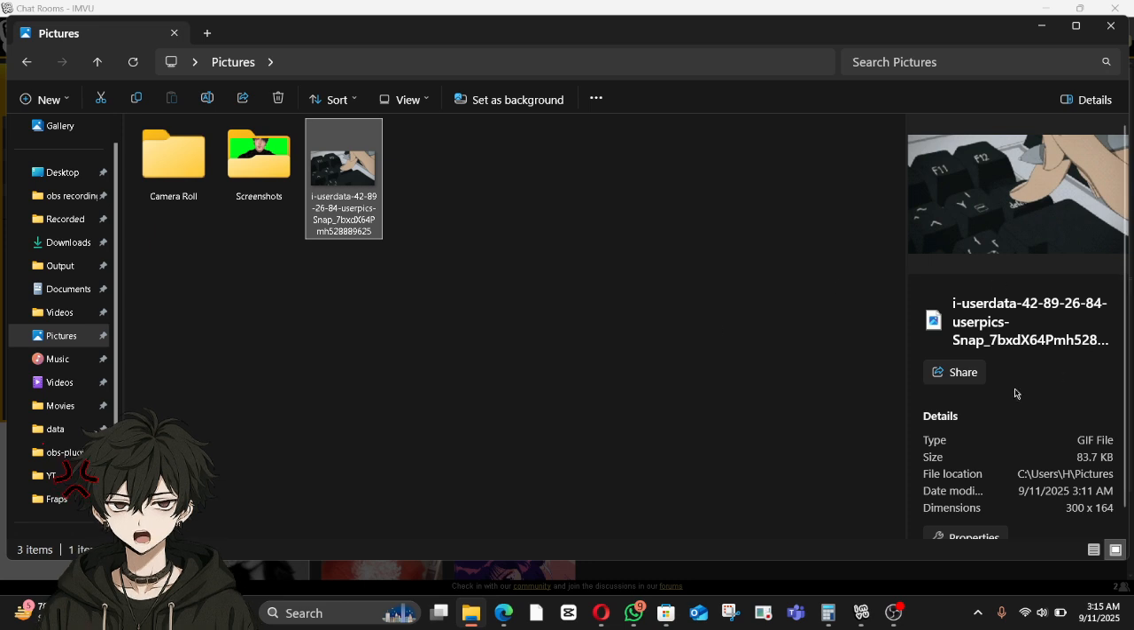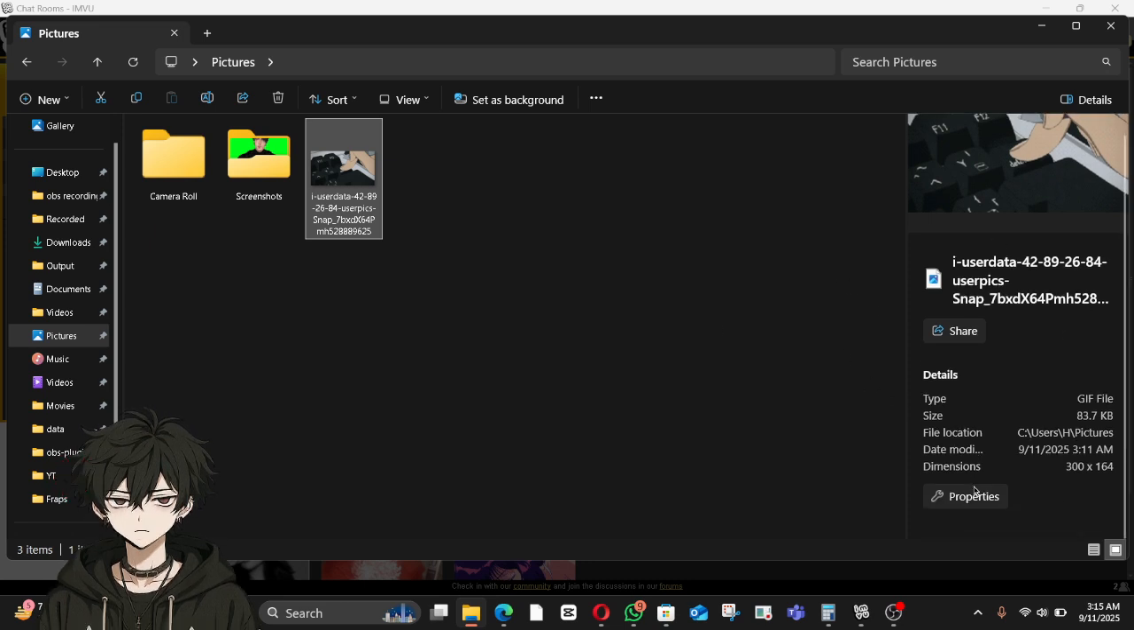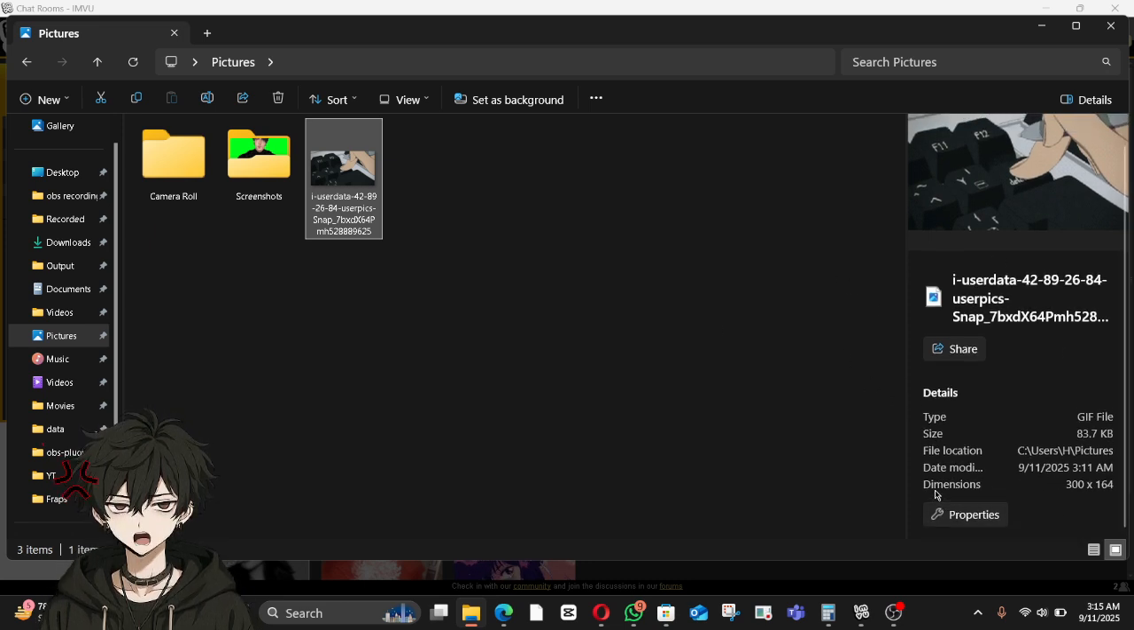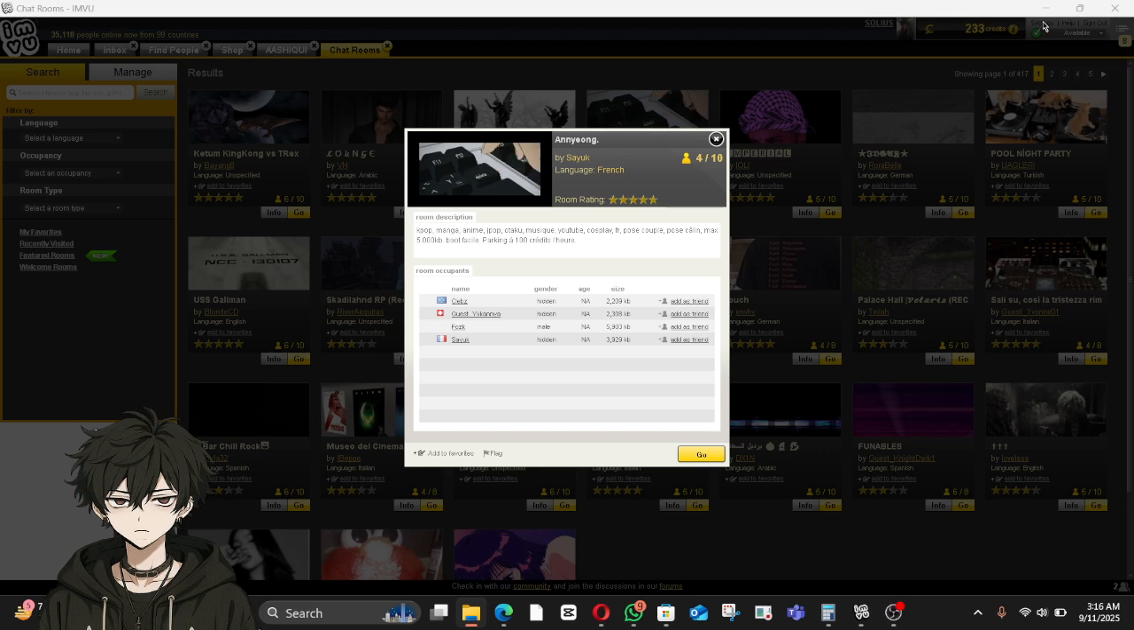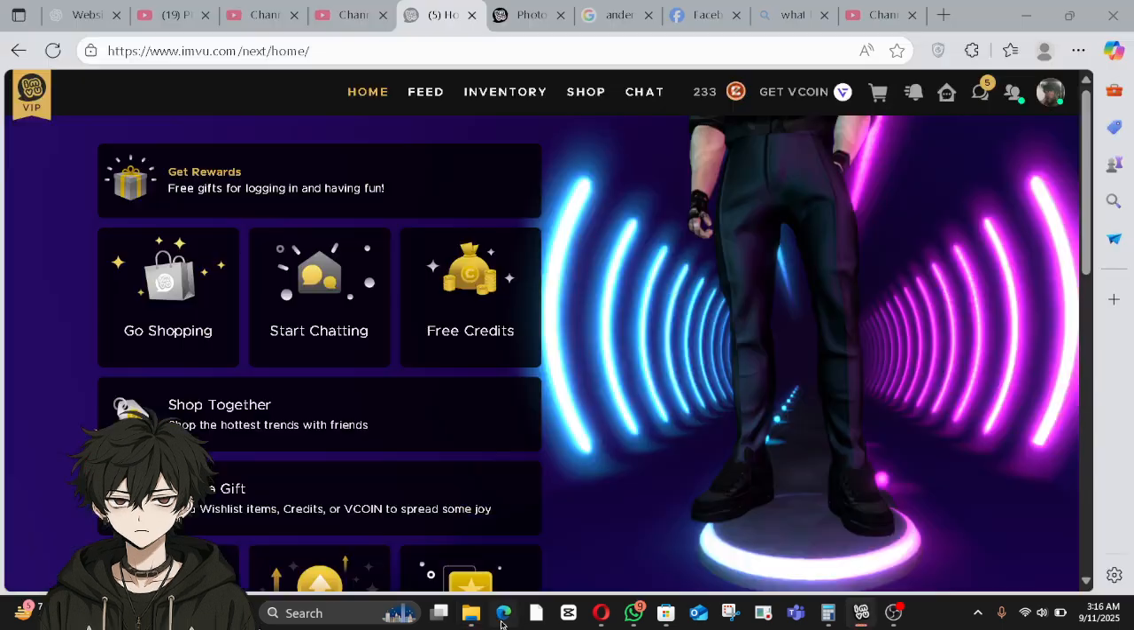So after dragging and dropping, you can see here the dimension of this GIF image is 300 by 164. You can also create a custom GIF image of 300 x 164 pixels. So after saving the room picture, go to the